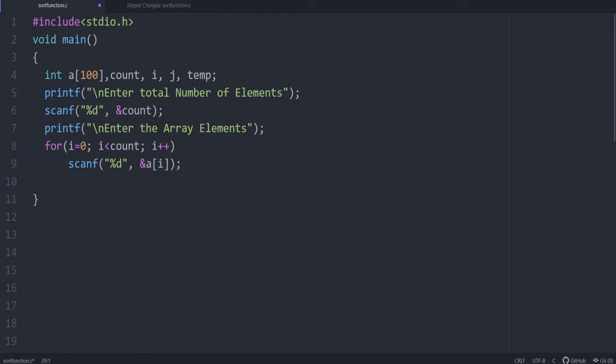Function means it's a separate block or a module. So whenever you need to sort a set of numbers, we can directly call the function if we write it as a function. Earlier we wrote it as a single program. The advantage of a function is that it is a separate unit and that can be called from any part of the program. So there is no need to rewrite the code again and again. Whenever sorting is needed, you can directly call the function with a single line. So let's rewrite that code like that.